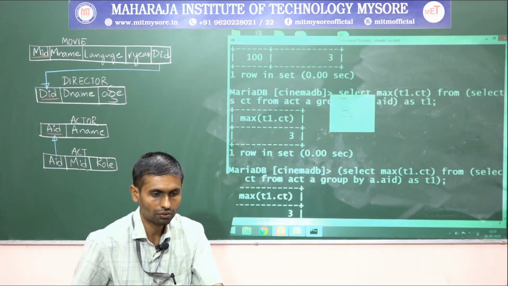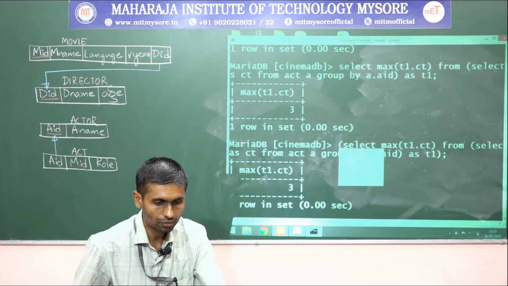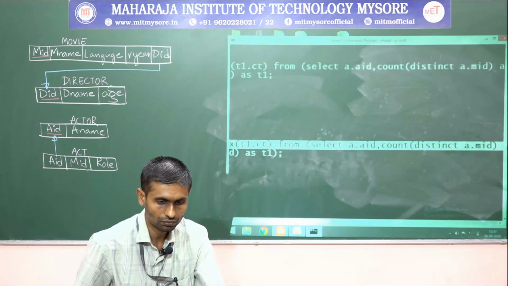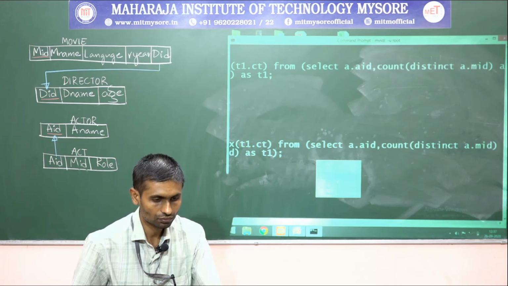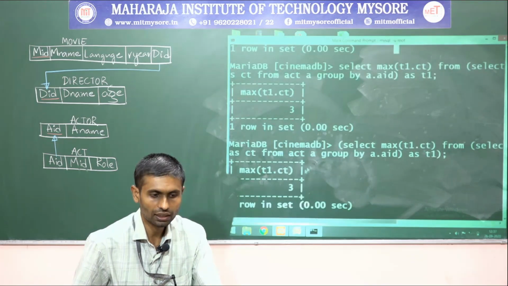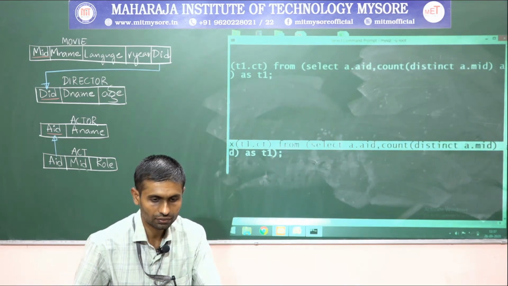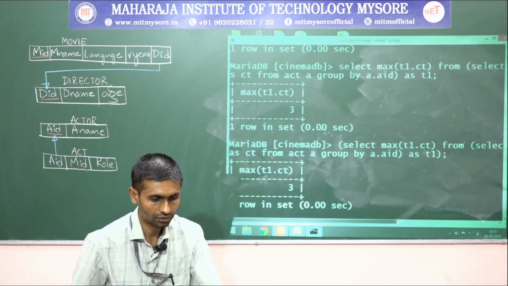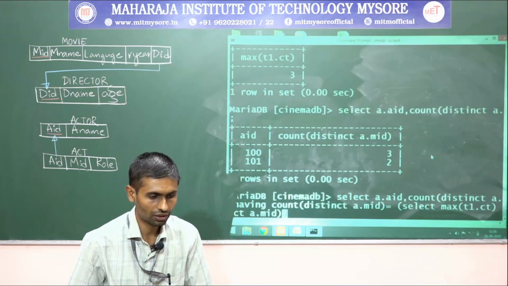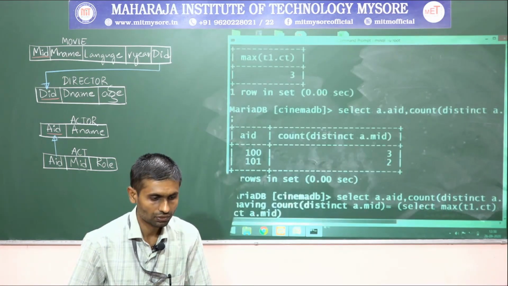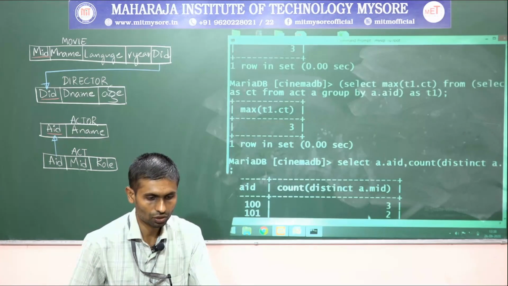Let me copy the whole query, the one finding the maximum, because half of the answer is available here. Let me select, copy, yes. I will paste it to this equal-to position. Count of distinct A.MID. So the first row has been copied.